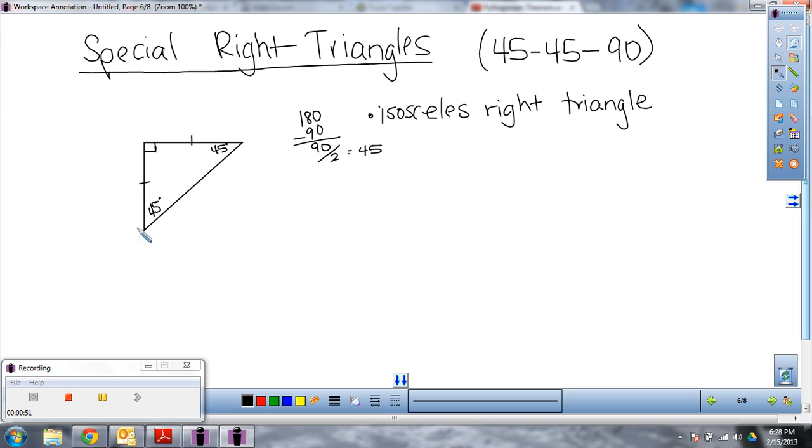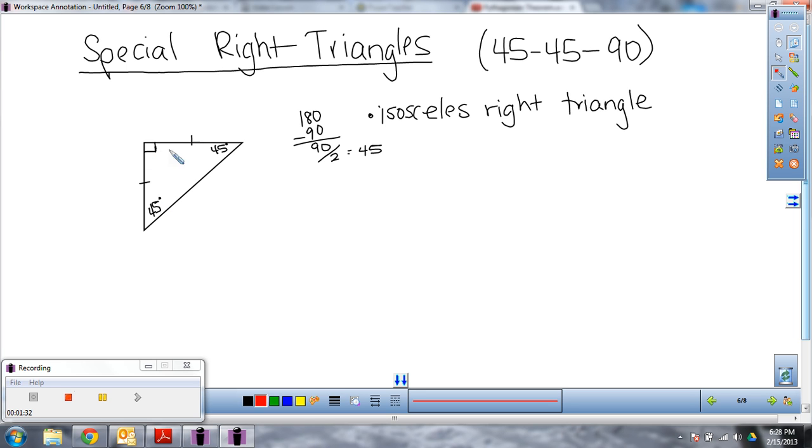Now, if we have information about the sides, we can always use the Pythagorean theorem. But when we have a special right triangle, or a triangle that we know is an isosceles right triangle with 45, 45, 90-degree measures, we have shortcuts that allow us not to use the Pythagorean theorem. The shortcuts might seem confusing at first, but the more you practice them, the shorter they will be than using the Pythagorean theorem. So the shortcuts are in relation to the sides that are across from the angle that